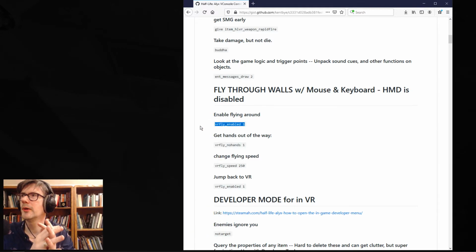Valve created a lot of tools that the developers at Valve could use, and they actually got leaked into one of the pre-releases for Half-Life Alyx, and those commands are still out there, and I'll be talking about that at the end. Those are a lot more robust to be able to do a lot more interactions within virtual reality. These commands are just to be able to fly around, and they're in the final version, but they're really pared down because Valve actually took out a lot of the commands to be able to interact with the game because it's not really a great experience, and so they wanted to take it out for the consumers, but for developers, it's actually still useful. So I'll be diving in at the end here for the developer version, but these versions